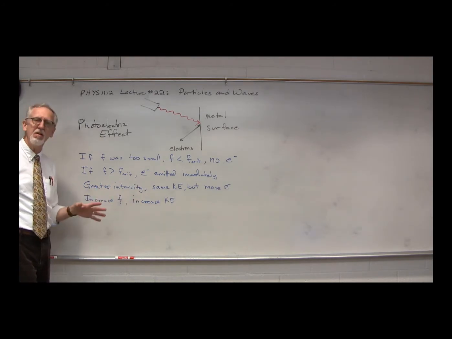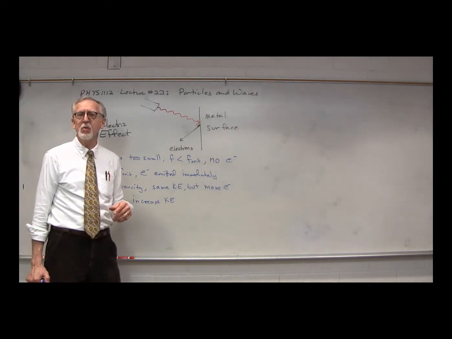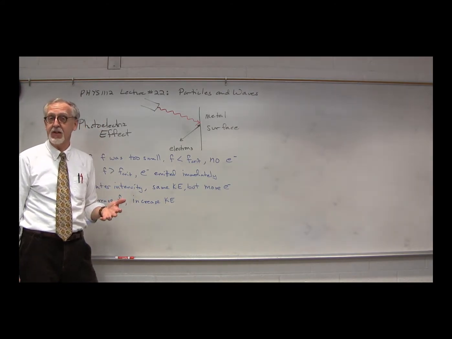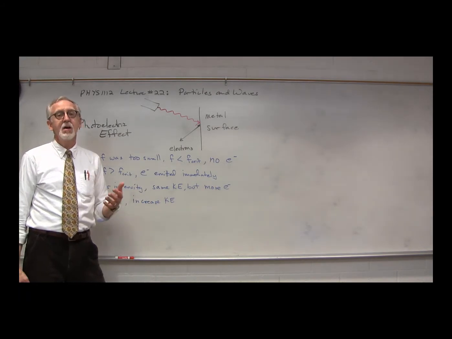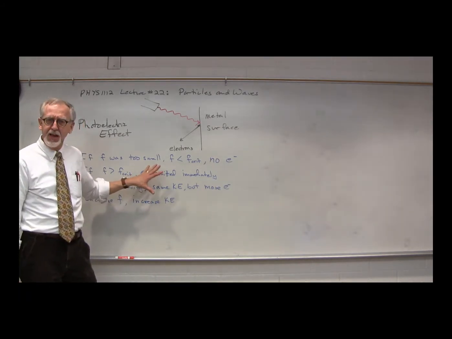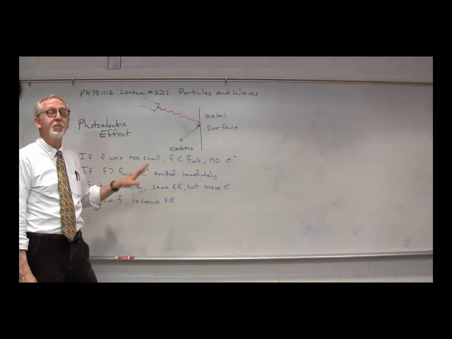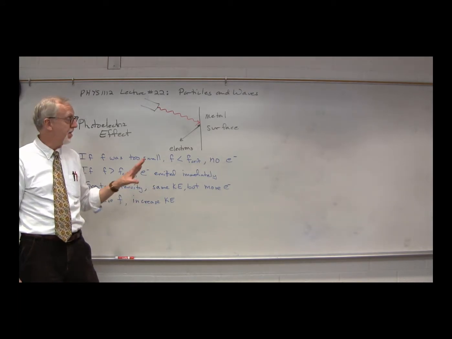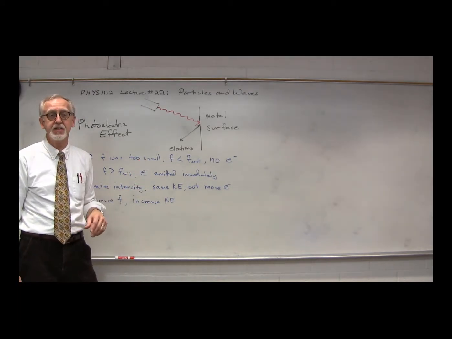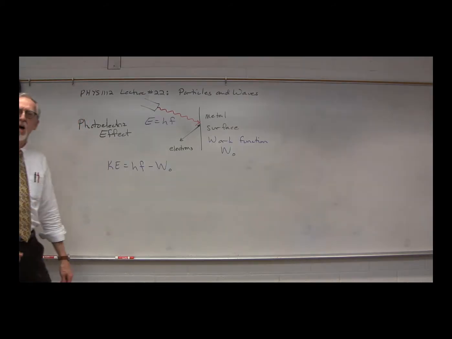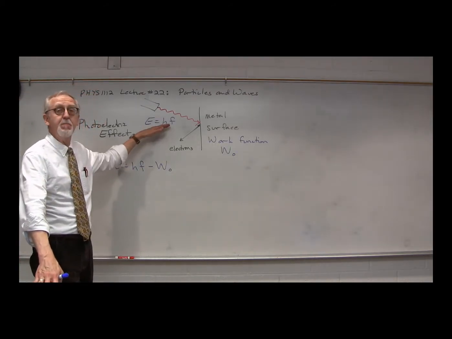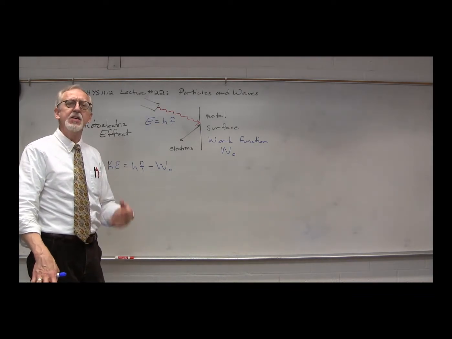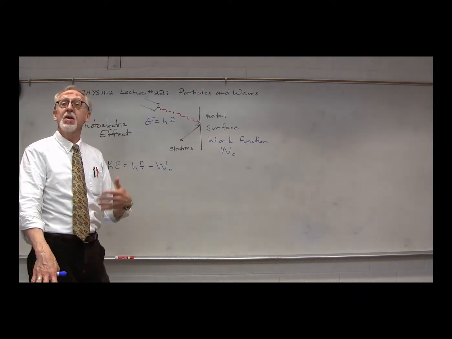Now this is very, very different from the view that we have had of the electromagnetic field that we've been talking about prior to this lecture. How are we going to explain this photoelectric effect? Well, Albert Einstein did that, and for which he won the Nobel Prize in 1921. Einstein's explanation of the photoelectric effect uses the same idea of light, this quantization of light, that Max Planck did